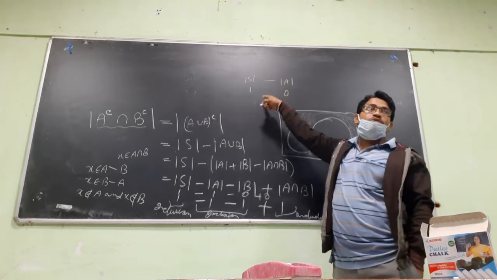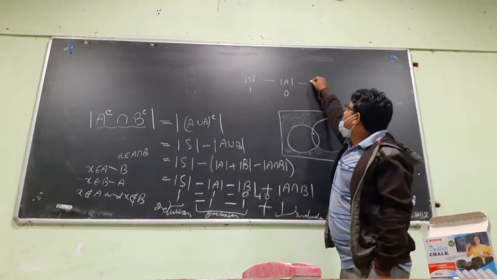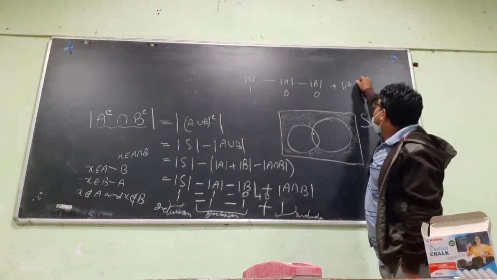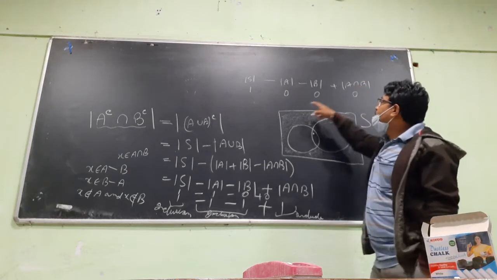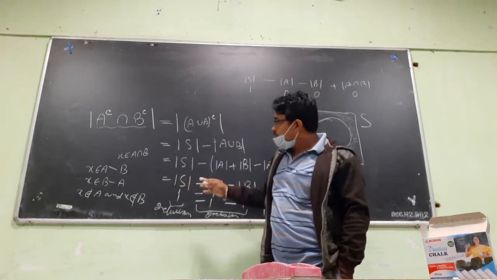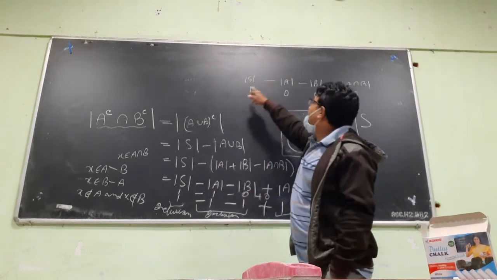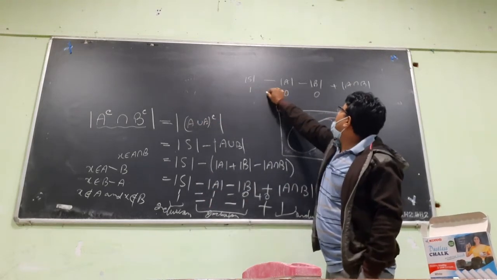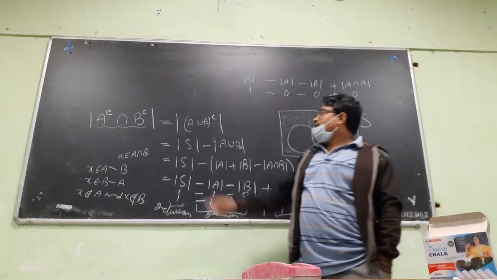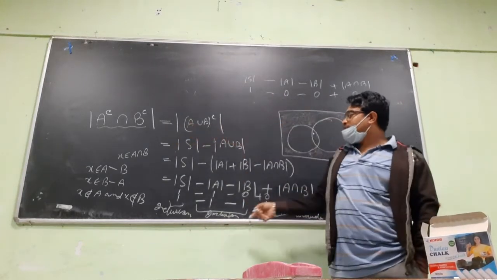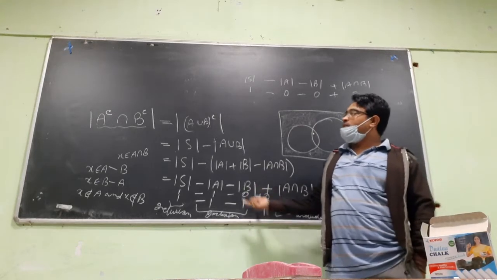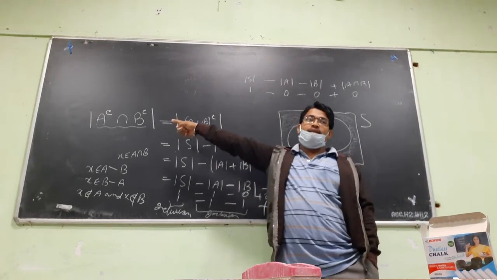0 times, because it's not there in this A. Okay. Here also it's counted 0 times. Here also it's counted 0 times. Okay. So ultimately, an element which belongs to this set is counted. An element which belongs to this set is ultimately counted how many times? 1 time. Okay. An element which doesn't belong to that set is not counted on the right side. That means the right side actually gives the number of elements in the set on the left side.